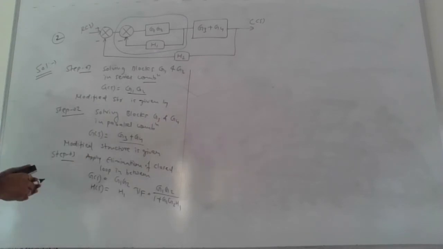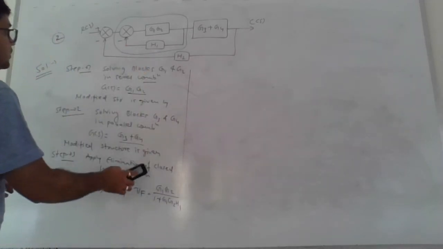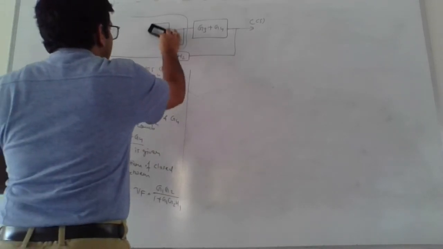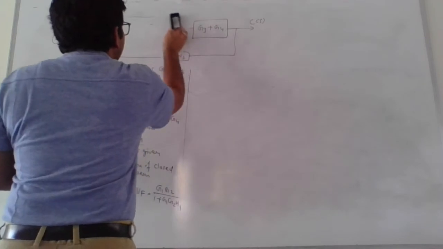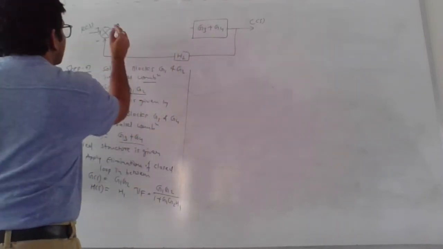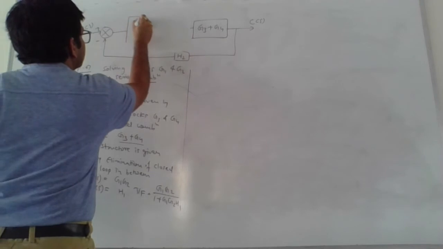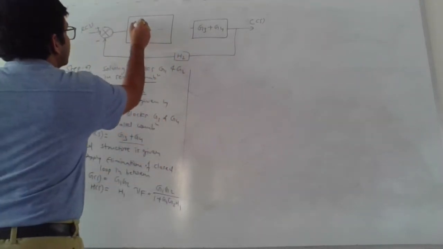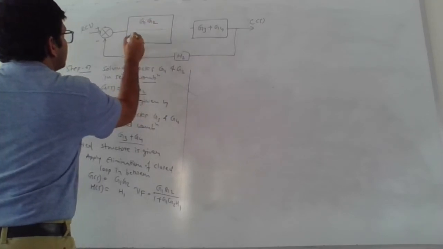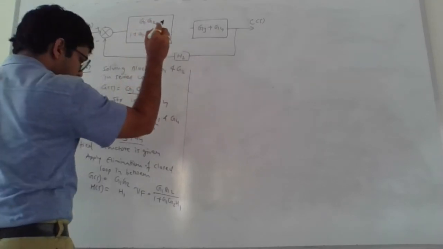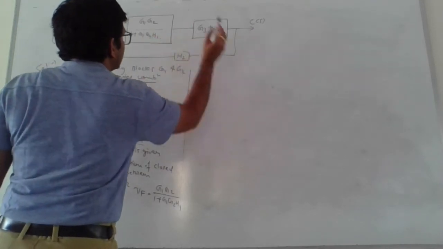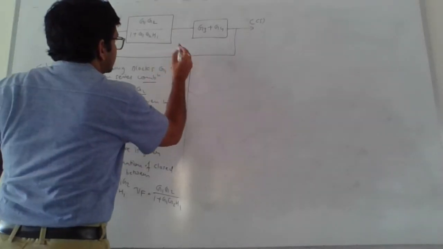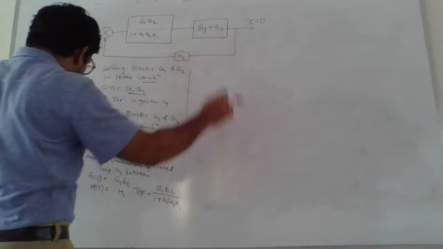So modified structure is given by, again you need to draw the modified structure below this line, but here I am modifying the structure over here itself. So the structure is something like this. So now instead of drawing the closed loop, we are going to replace them by a single block of gain exactly equal to G1 into G2 upon 1 plus G1 into G2 into H1, like this. Now again check whether they are connected in series or parallel combination. Now see here, these two blocks are in series combination.